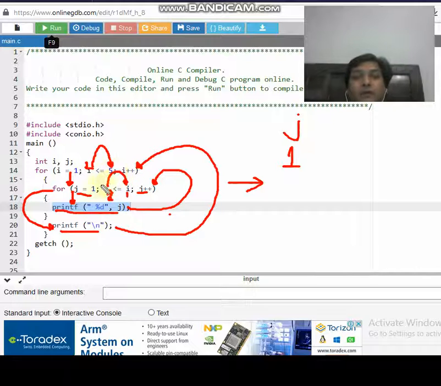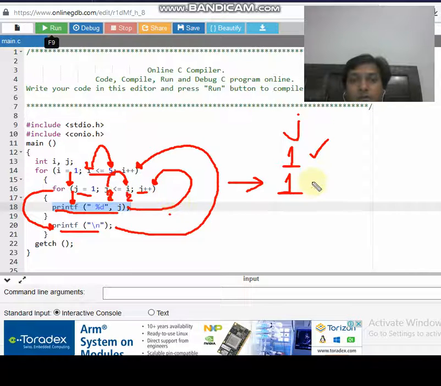So for the very first time, when the value of i was 1, the value of j was printed as 1. For the second time, when the value of i becomes 2 and 2 is less than or equal to 5, control gets into the body of the outer for loop. The value of j again gets checked with i starting from 1. So the value of j goes up to the current i, that is 2, starting from 1. The value of j gets printed as 1 for the first time, and when j gets incremented by 1, it becomes 2, and 2 gets checked with 2.